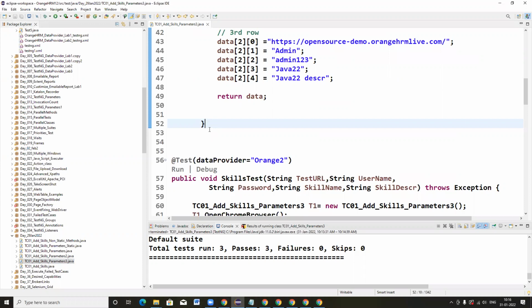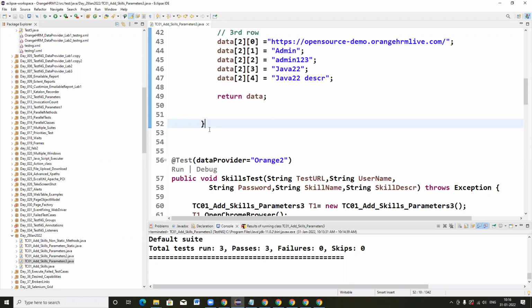So simply I can give the definition like this: if I want to execute my program multiple times for different sets of input data, then I can go with data provider. That's it. If anybody asks for the definition, you have to explain it like that. If I want to execute my @test multiple times for different sets of input data, I can go with data provider. So to implement data provider, what are the steps we have to do?